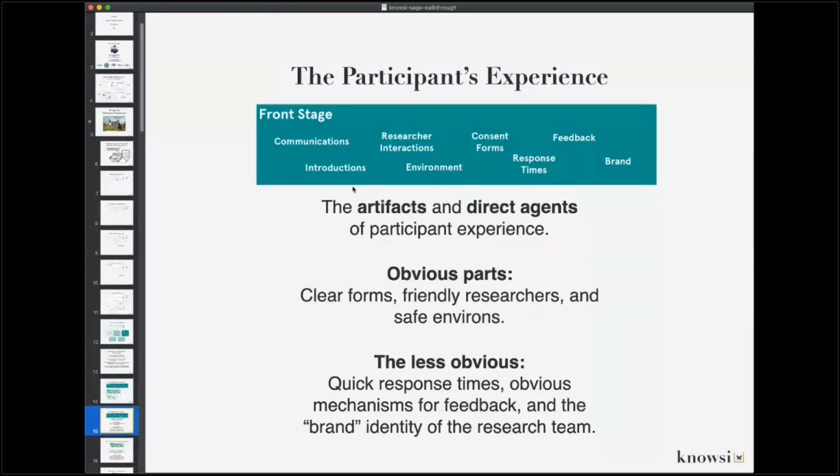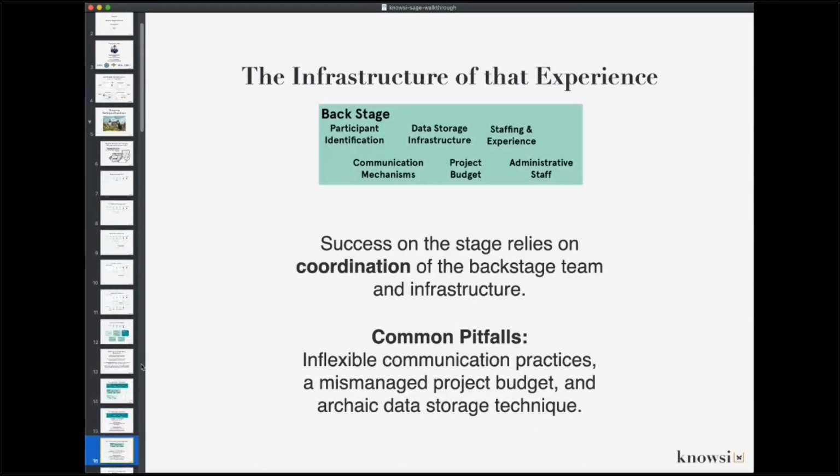It's very easy to land interviews when you have those names behind you, because they're things that people recognize to a certain extent. Whereas if you're coming from the context of a tiny little bootstrap startup that people pronounce as, well, I mean, it is pronounced Knowsi, it's a little bit more difficult. And so, those are the direct artifacts, the direct actors of the participant experience.